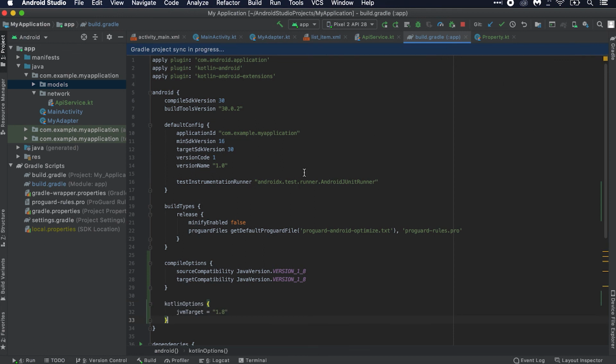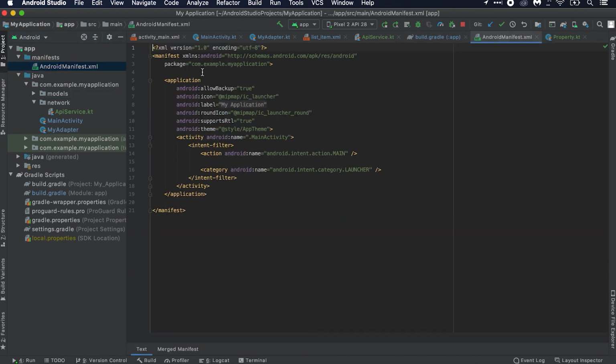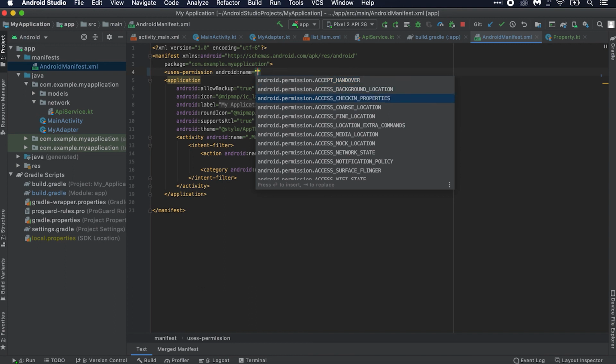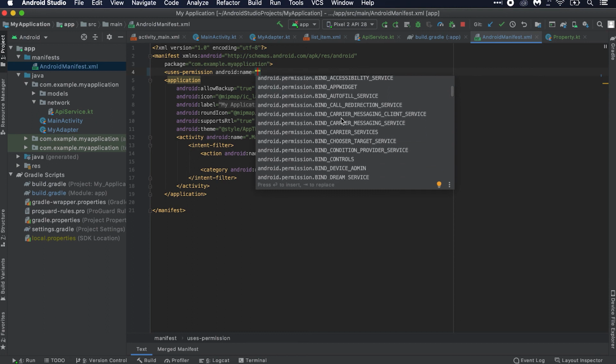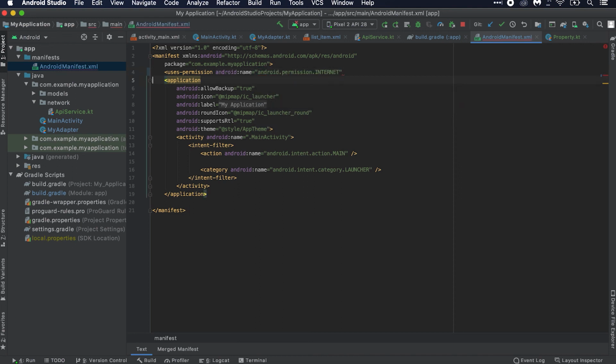Then sync this project. Also in our manifest file we need to define that we are using network for this application. So we need to add one permission here. It's called uses permission. Here you will find android.permission.INTERNET. If you search it as internet, this is the android.permission.INTERNET. Now if I run it on our emulator,